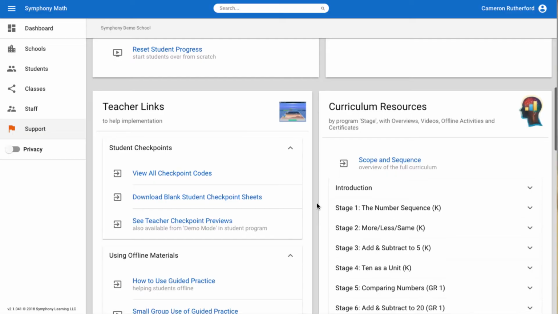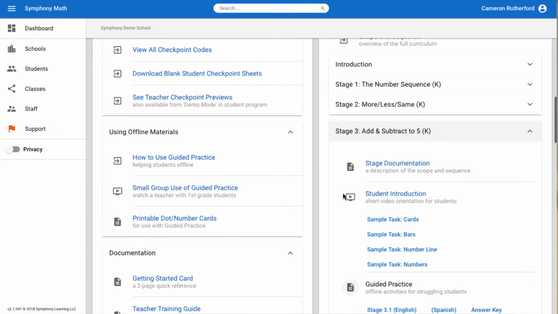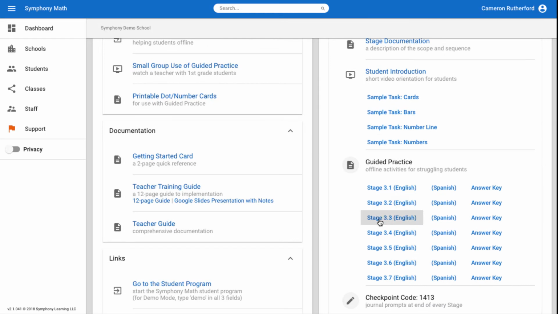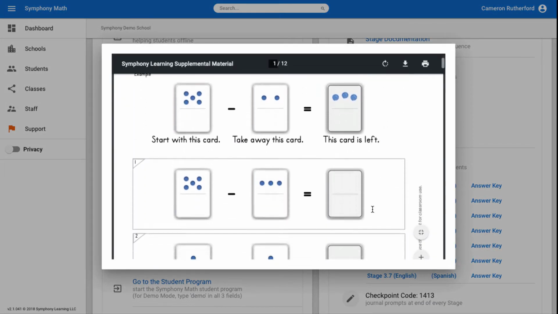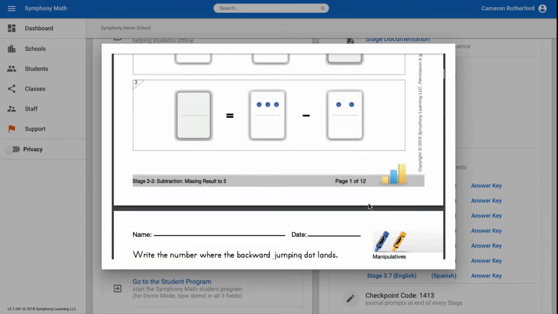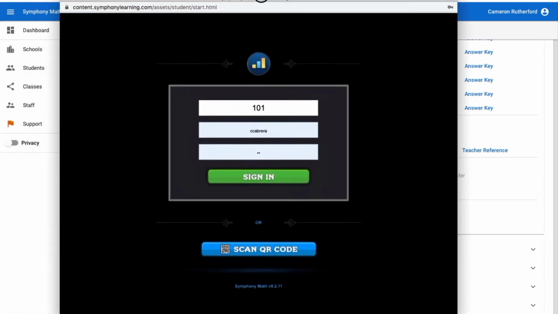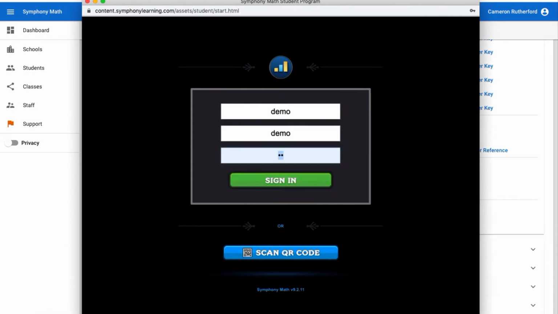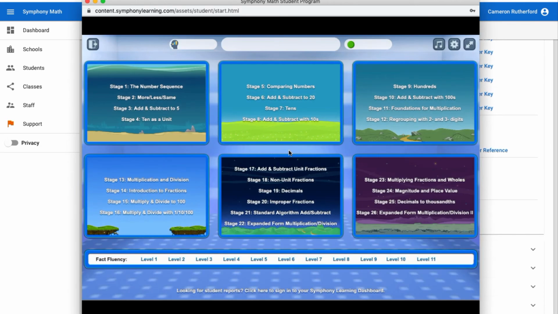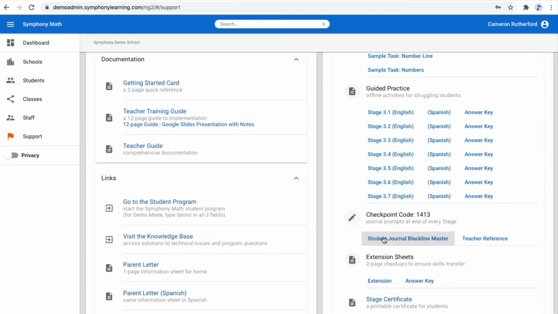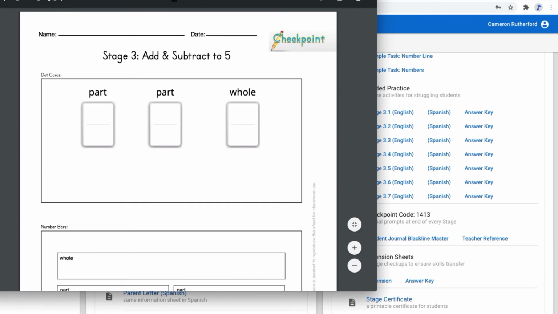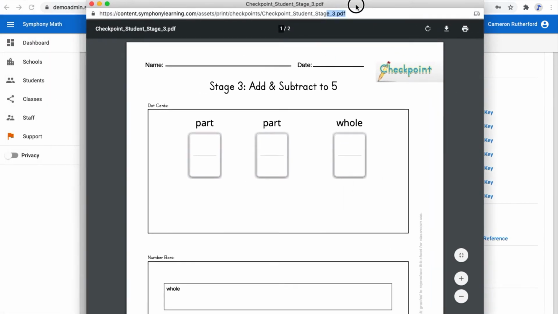You can say to students that you have faith that they can work on some problems on their own. You can find many problems. If you go to the guided practice, stage 3.3, you can go to the demo mode and project problems from stage 3.3 on your smartboard. And you can download the Symphony Math Checkpoint page, stage 3, and fill in the numbers you would like the